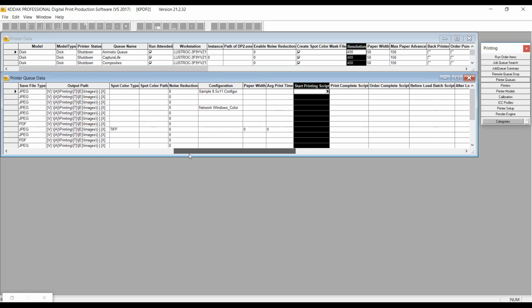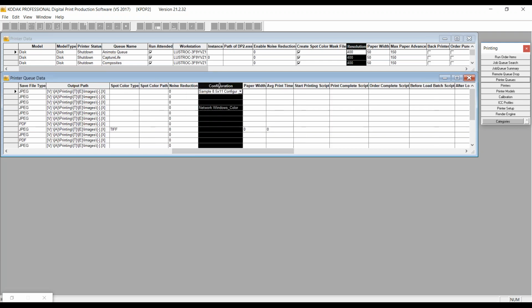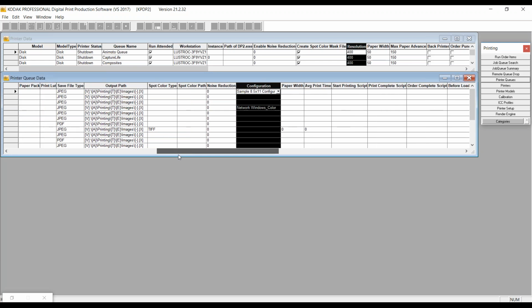time. So I want to pause very briefly at the configuration field. I'm going to include Windows printers and configurations and all those kinds of things in the session on Thursday. So we'll talk a little bit more about how some of those work and what's going on there. And here you can see noise reduction. We enabled it in the printer, right? And that's part of the setup. But here is where you'd actually